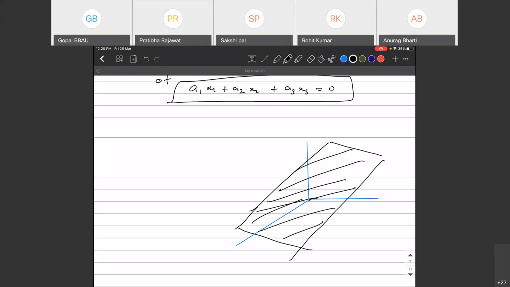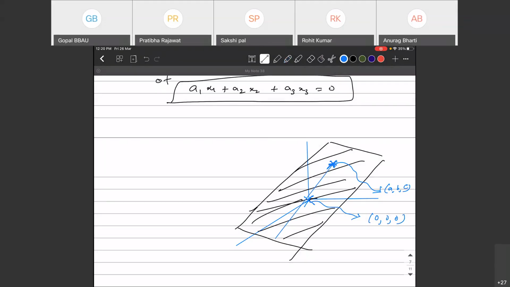Now what we see, suppose this is a point (a, b, c). This point is a, comma, b, comma, c. And this is our origin, (0, 0, 0). Now, if we make a line passing through (0, 0, 0) and this point (a, b, c),